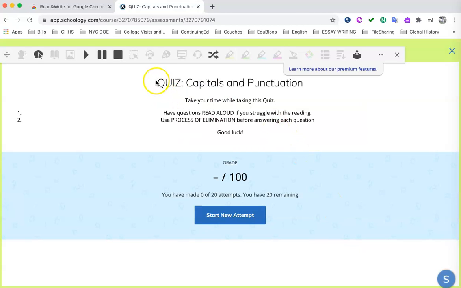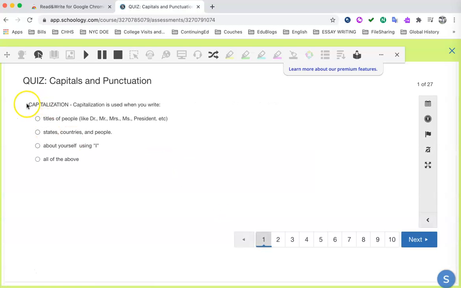So here is how it works. You're going to do it a sentence or a line at a time, and you click, you highlight it, and you hit play. Quiz, capitals and punctuation. And then you hit stop. Now, I'm going to show you what it looks like because you're going to be taking a quiz in this program called Schoology, and I'll get to that in a little bit, but you would highlight each line